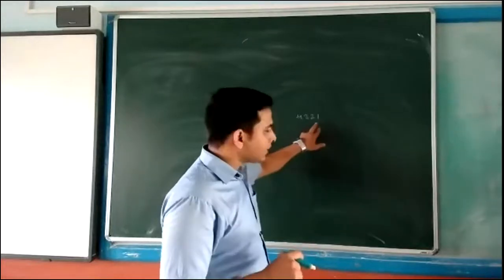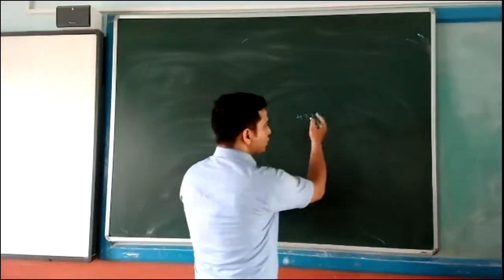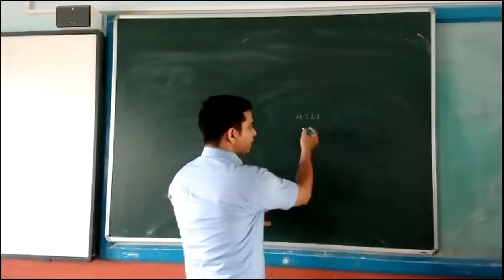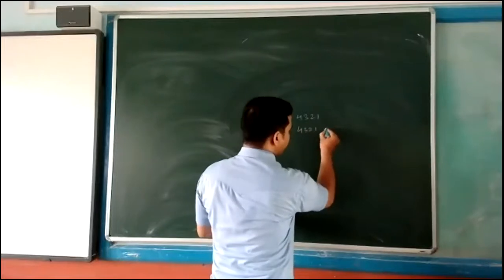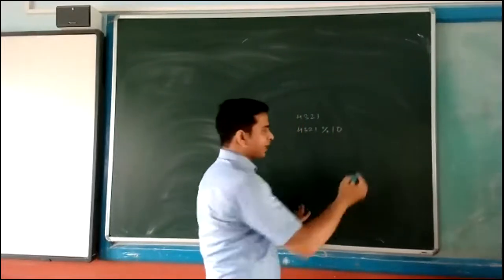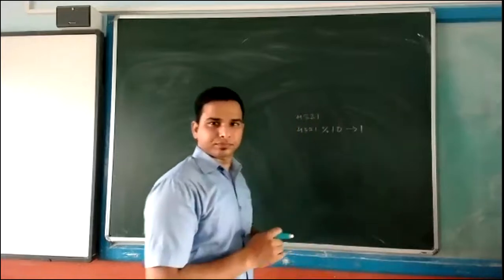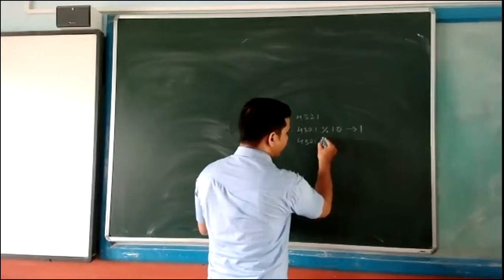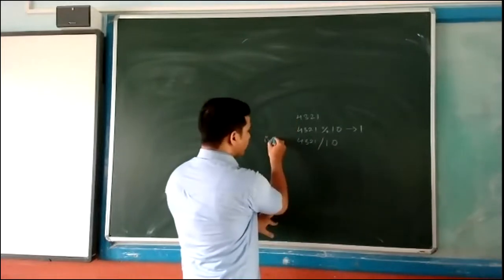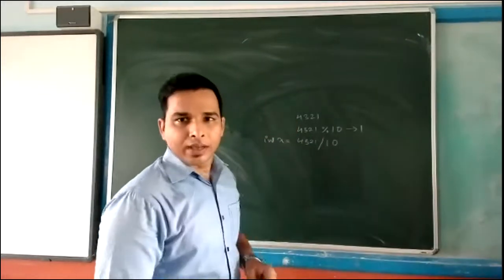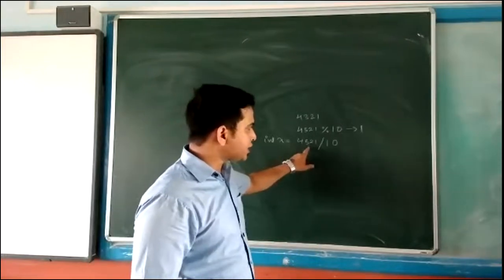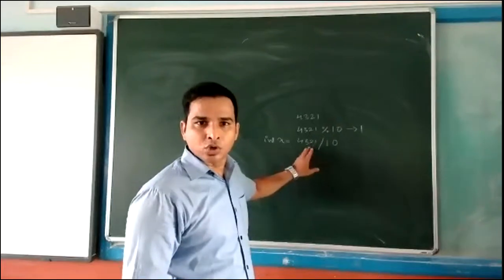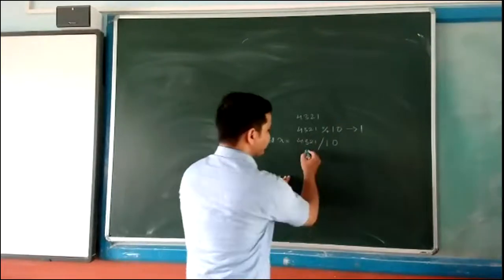Okay. For separating the last digit, what I have to do is divide by 10. 4321 modulus 10, the remainder will be 1. In the next case, again, I will divide 4321 by 10 and store it in some integer. In the case of an integer, the answer is 432.1. The 0.1 is sliced out, so the remaining value is 432.